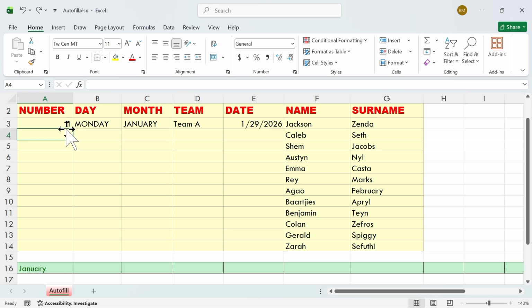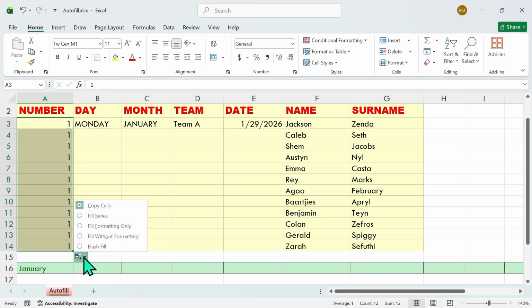Okay, so in this case, let's assume that I only have this number. I want you to see the reaction of my cursor here. I take it to the bottom corner there, it becomes a black cursor without arrows. Then I hold my left key, press it down, then drag to the last cell. Okay, can you see that? It's only detecting 1 1 1 1 throughout, but it is also giving us options here at the bottom,